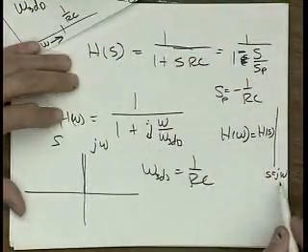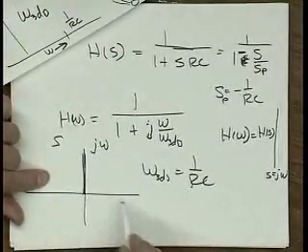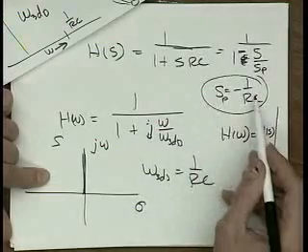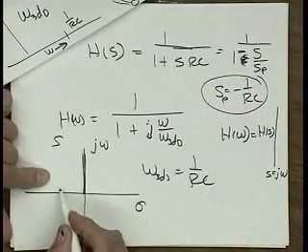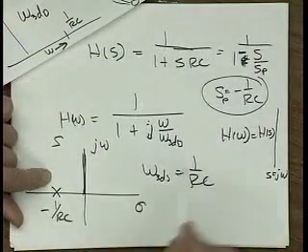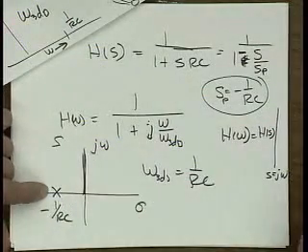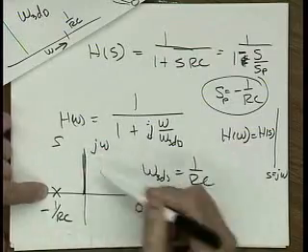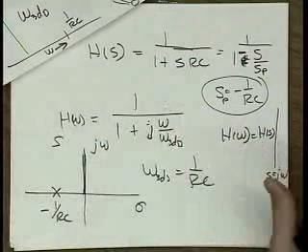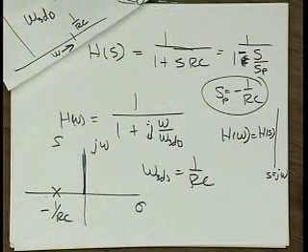You take s equal to j omega. So there's a j omega axis, and there's a sigma axis, which is the real axis. And if I plot sp equals minus 1 over RC, where is that? It's right here, at the spot minus 1 over RC. So this is the plotting of this pole in the Laplace transform domain. This will be useful to us, and I'll work through why it's useful in the future. But basically, this is what we're going to do to analyze